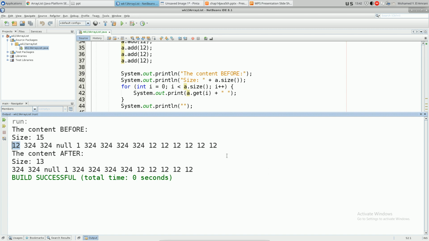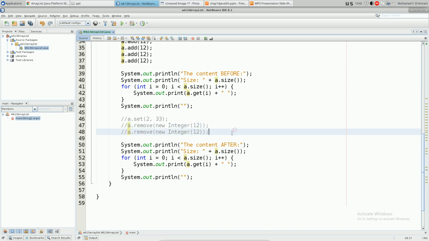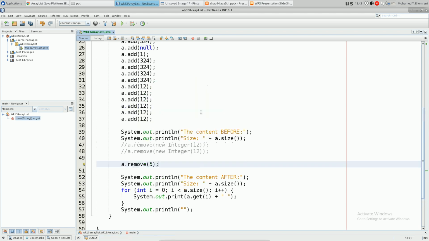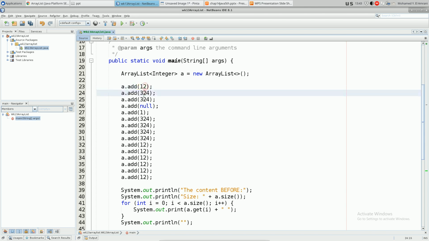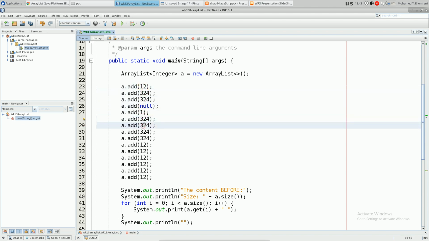And the other way is that I need to mention which part I would like to delete. Now I can say, for example, a.remove, and remove at position 5. So which one is position 5? Let's find out. This is 0, 1, 2, 3, 4, 5. So this one is going to be removed. And just to make it different,